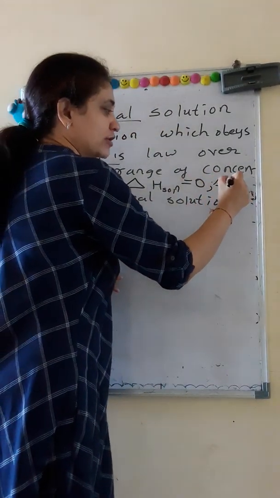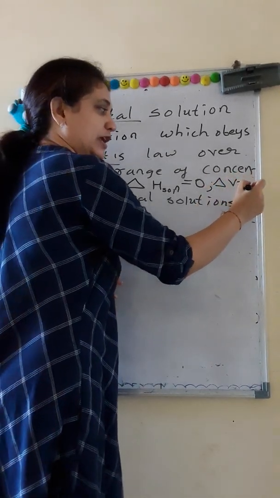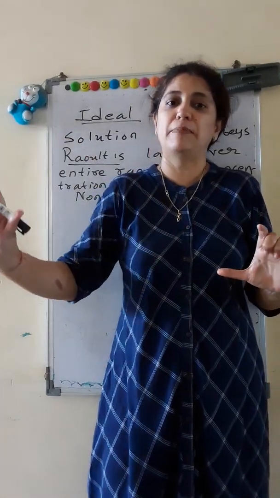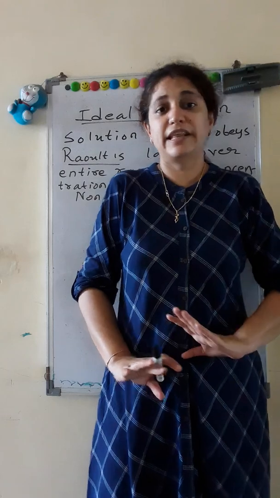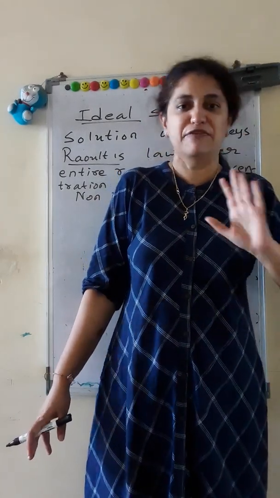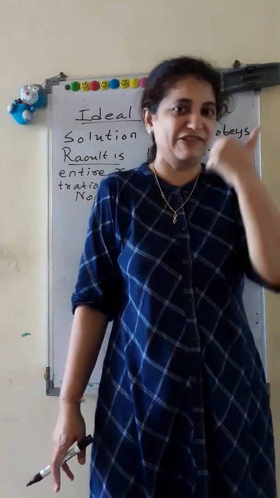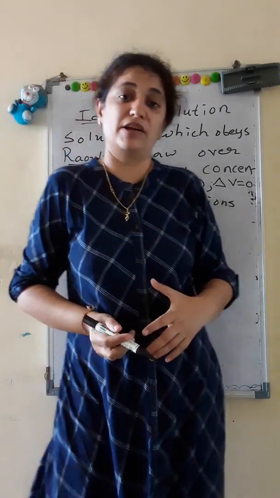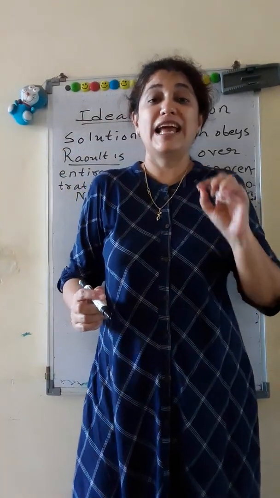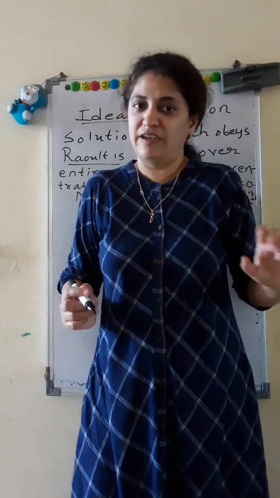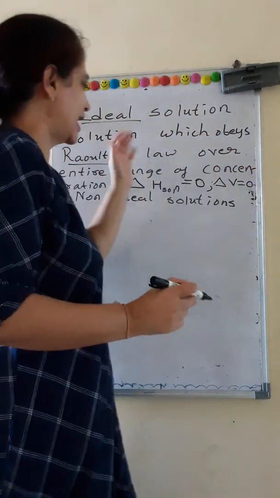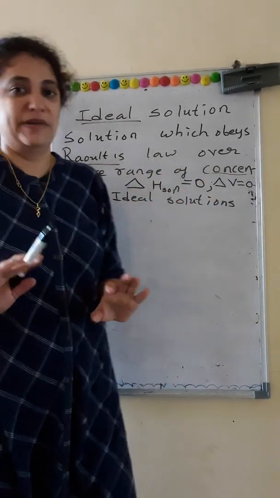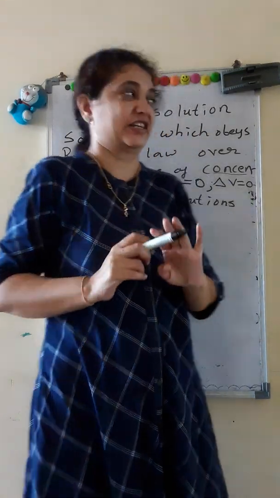Also there is no net loss in volume, that is, change in volume is also equal to 0. Means if you are taking 100 ml of liquid 1 and 50 ml of liquid 2, then after mixing there is no loss in volume, means total volume will be 150 ml. None of the part of the liquid is evaporated. A solution which shows ideal behavior is a mixture of n-hexane and n-heptane. When they are mixed, they nearly display ideal behavior, that is, they obey Raoult's law over the entire concentration range, means whether it is dilute or concentrated.